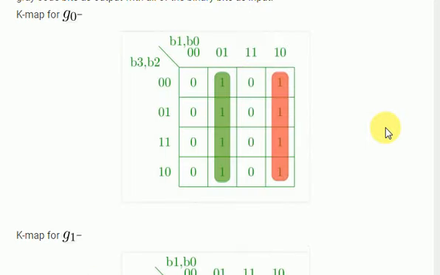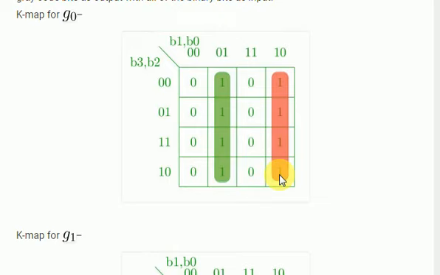Now for the output we will simply draw the K-map here. When we draw the K-map for G0, we are having G0 equal to 1 at M1, M2, M5, M6, M9, M10, M13, and at M14.